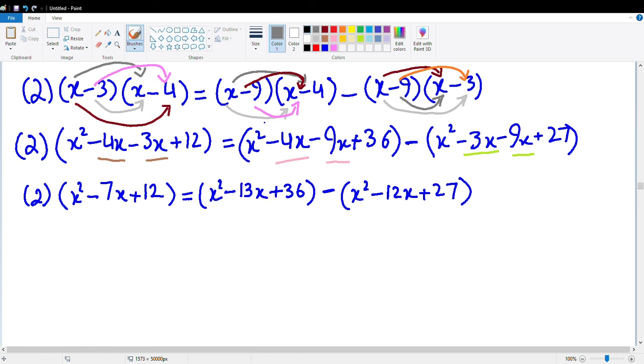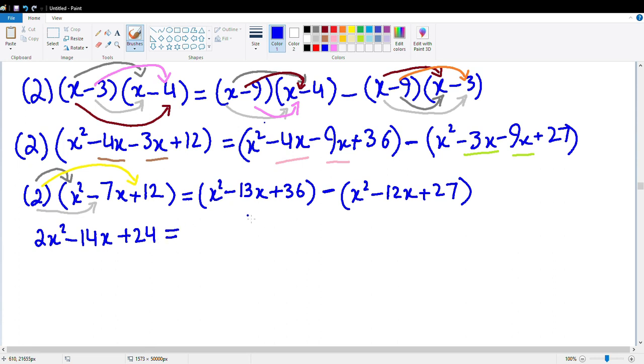So let's do that. 2 into x squared, we'll get 2x squared. And then 2 into minus 7x, we get minus 14x. Then we have 2 into plus 12. So that will be plus 24